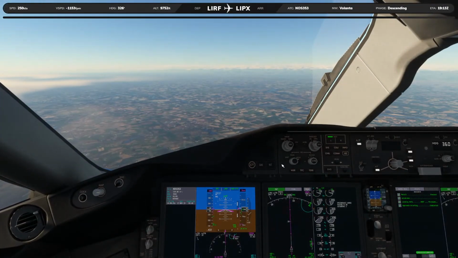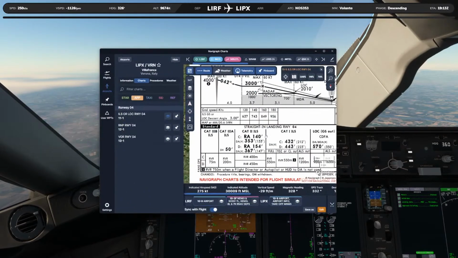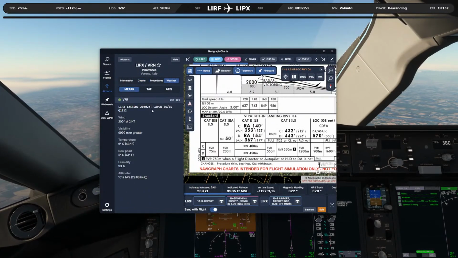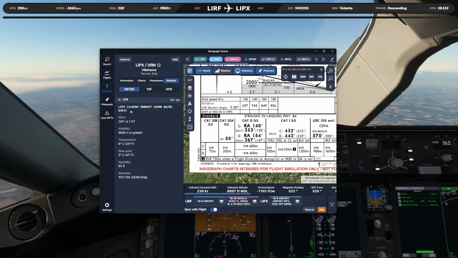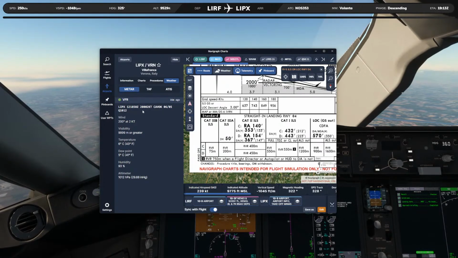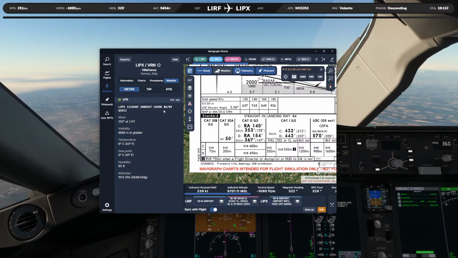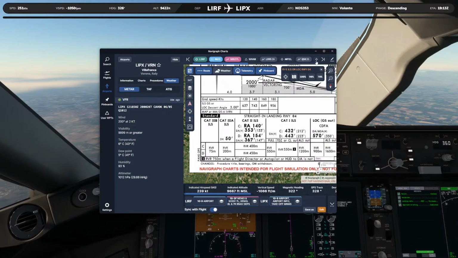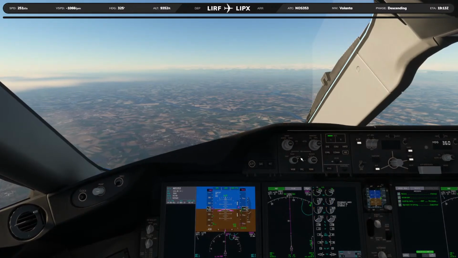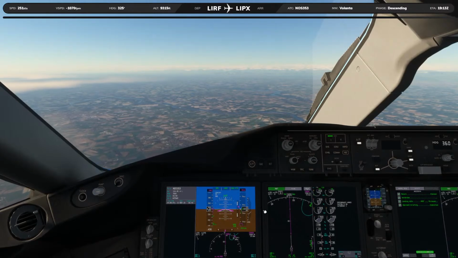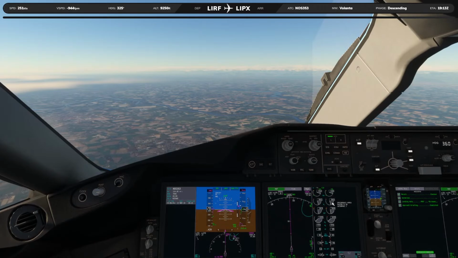It's a clear day. VFR conditions. Quickly on the weather here. If we click here and take a look at the weather at Verona, we are looking at 200 degrees, 2-knot wind, cloud visibility okay. The current temperature is 6. Woo, quite cold there in Verona. And QNH is 1012. All right, there we go. 1012 is set. And everything's looking good.